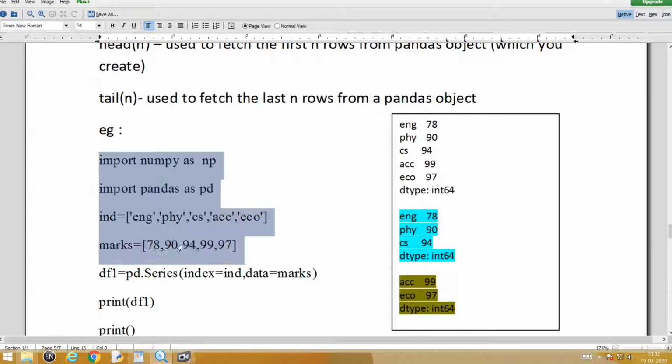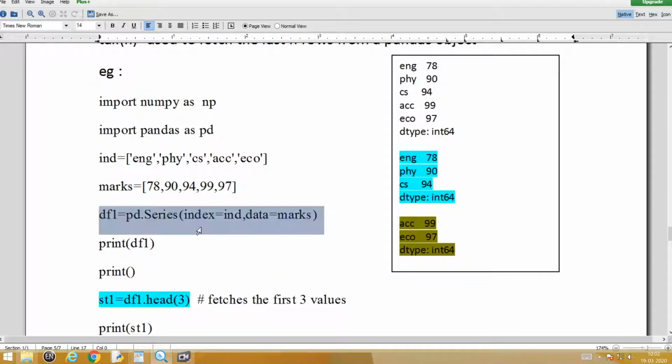Again the same thing, you have all these things, you have your pandas. NP is not used anywhere, I have just imported it for another purpose, so just ignore NP when you are trying. You have import pandas as pd, index English, physics, the usual style, marks is also given. Create it, the pandas creation is done.